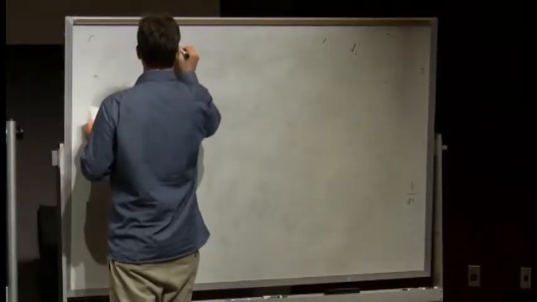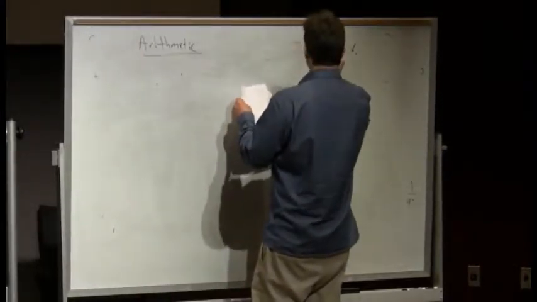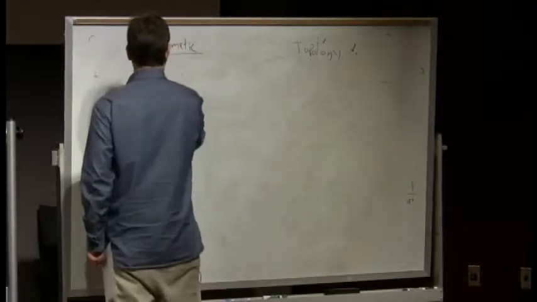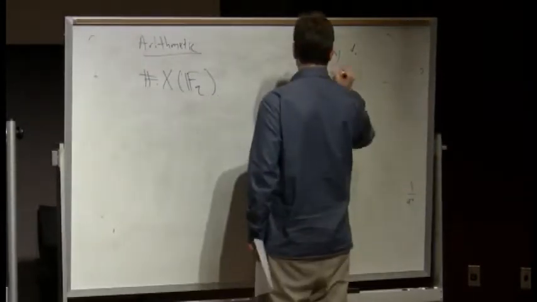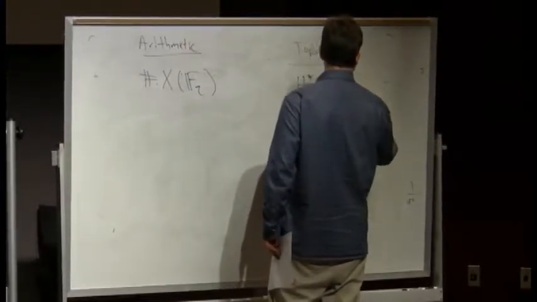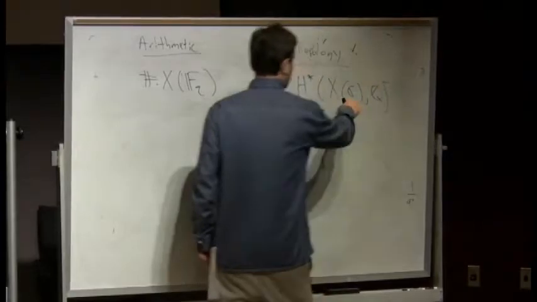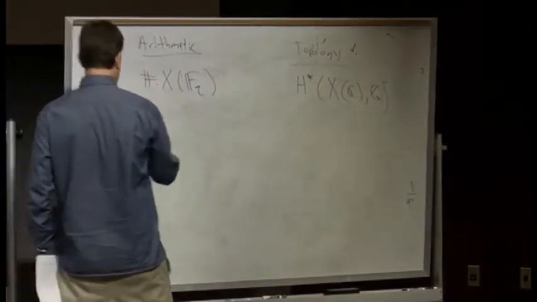So on this side you have arithmetic, on this side you have topology, and you have the point counts for a variety. And here you have the cohomology. You have to understand the cohomology, even just rationally, of the complex points of your variety. That's the classical. The twisted,